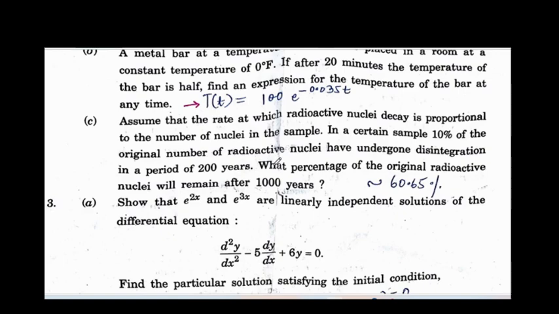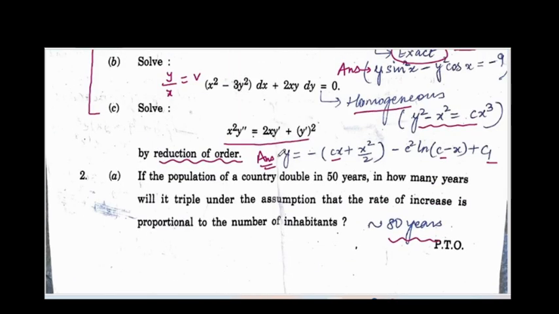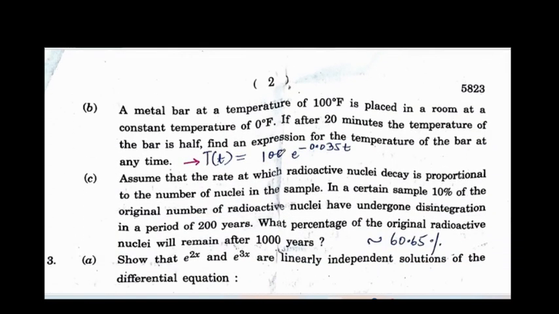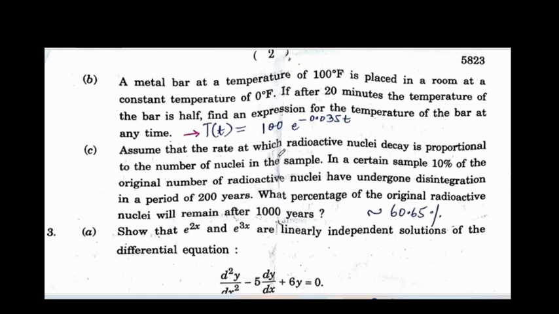The next part, C, was again an application from first order first degree. So this was the first time when the second question had all 3 as applications of first order and first degree differential equation. One was from exponential growth, the second was Newton's law of cooling, and the third was radioactivity. And radioactivity, the answer to this question is 60.65% approximately in the end when you solve it. It's going to be in terms of log etc, but since scientific calculator is allowed, you're expected to find the approximate final answer also.